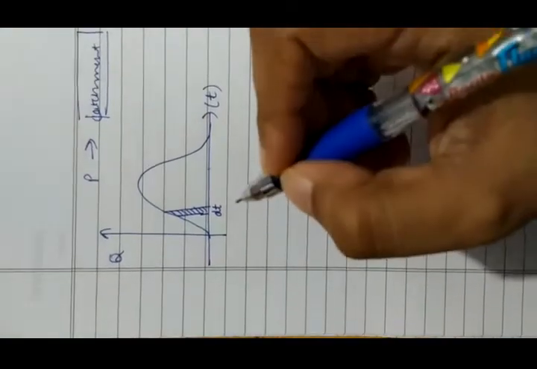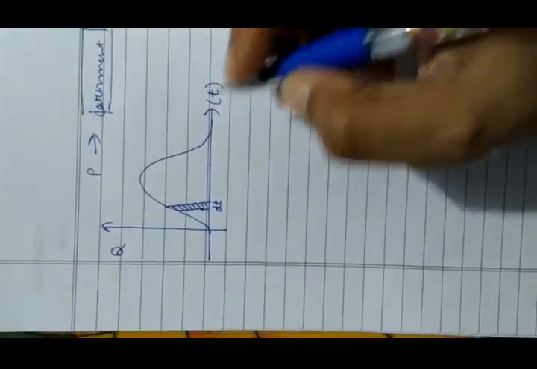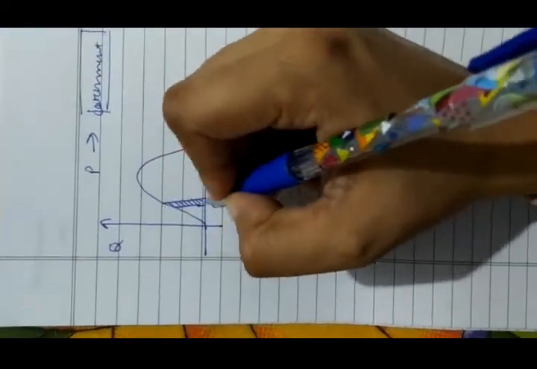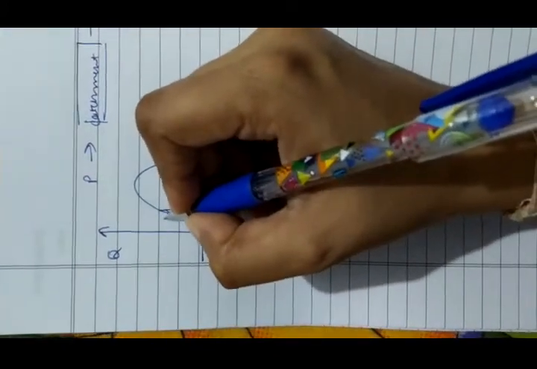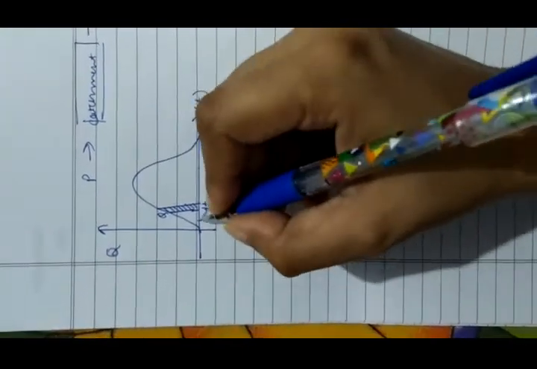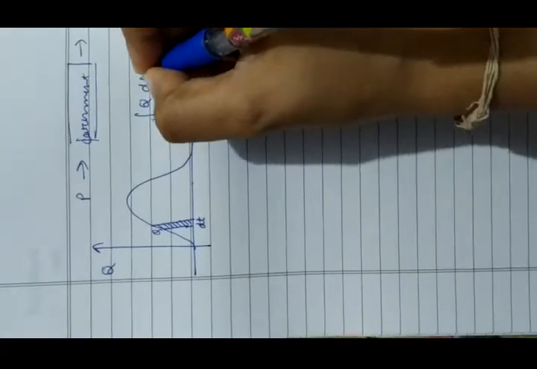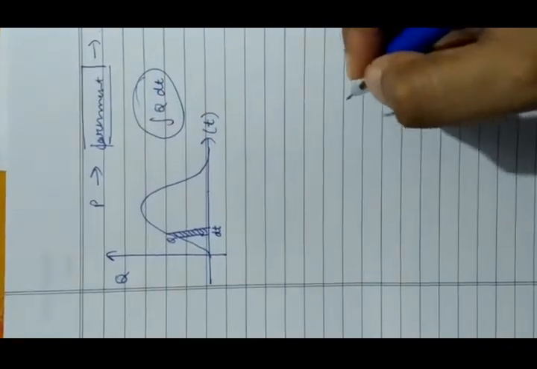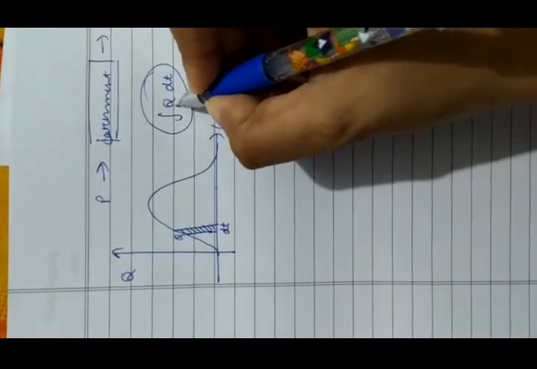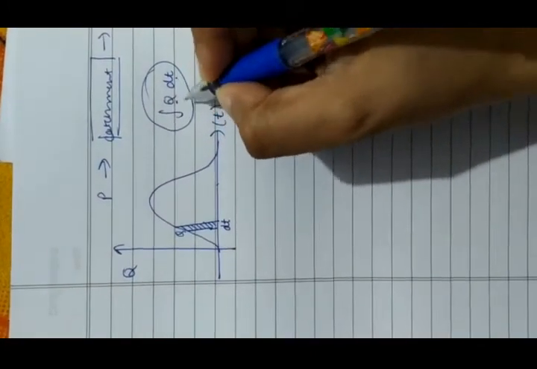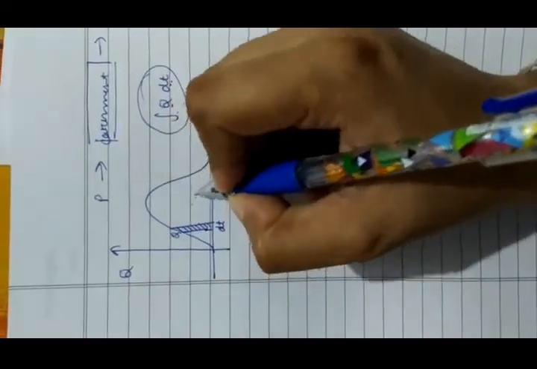Last video we said that the area under the hydrograph tells you about the volume of runoff. Here we can show, if we take a small strip for dt time and you get a discharge q, then to know the area under this curve you will integrate q dt. This is nothing but volume of runoff. How can I say volume? Because q is volume per unit time and dt is time, so volume per unit time into time gives volume. Volume of what? Of runoff.